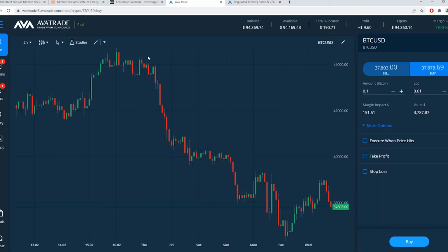And that's what we've seen. Here are the 2-hour candles. We see cryptocurrencies drop, drop, drop, drop. There was a bounce today as the equities were bouncing with hopes of maybe continued talks between Ukraine and Russia. The equities were going up, so too were the cryptocurrencies. Now we see a pullback. The past several hours, we see a pullback now on that. So we see on Bitcoin USD, after the rise, the last 6 hours, a pullback.